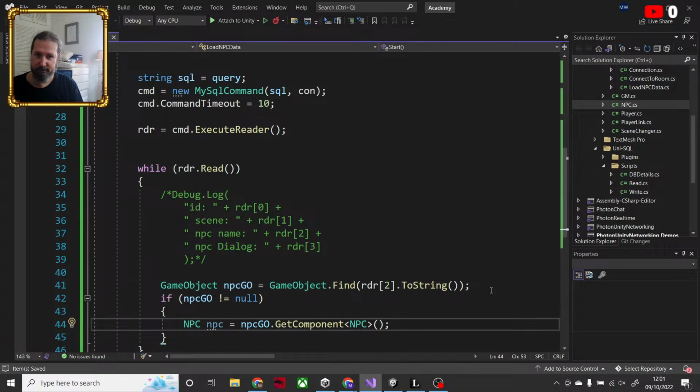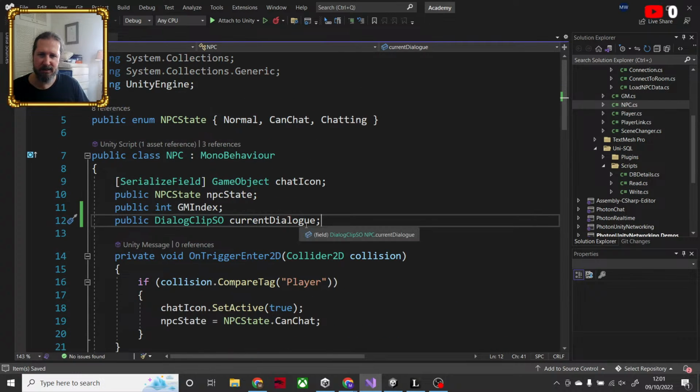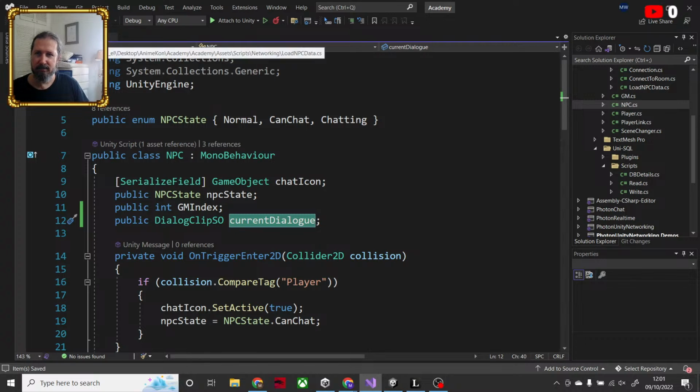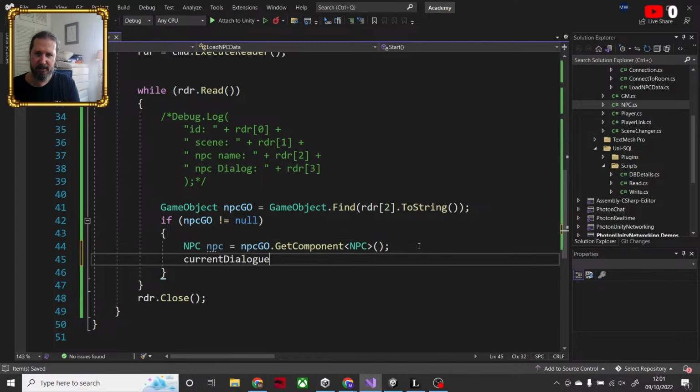Yeah, thank you. That's going to get me that. And then I can just set the current dialog. That's public? Yes, it's public. So I can set current dialog, npc.currentDialog is going to be equal to,